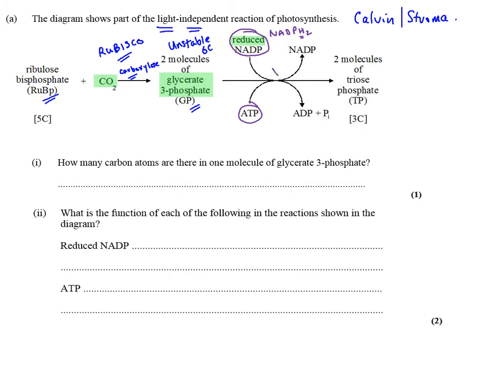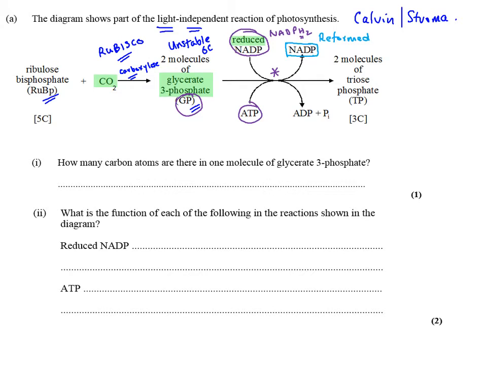So this is an enzyme catalyzed reaction. G3P is reduced using the hydrogen from reduced NADP. As the hydrogen is removed from reduced NADP, obviously oxidized NADP is reformed. So we can put here reformed. And that's needed because that actually allows the continued reactions of non-cyclic photophosphorylation. So without any oxidized NADP, we can't have continued light-dependent stages.